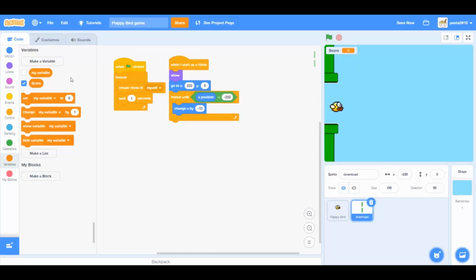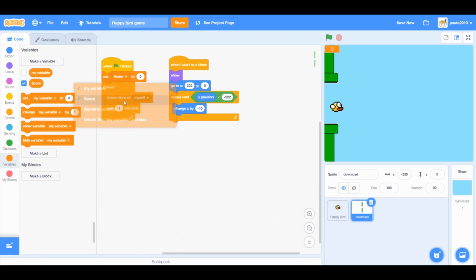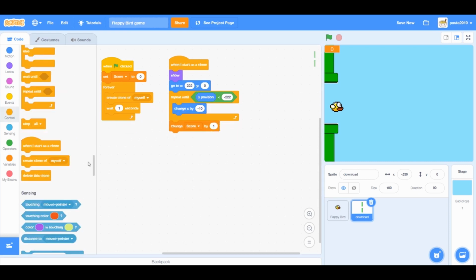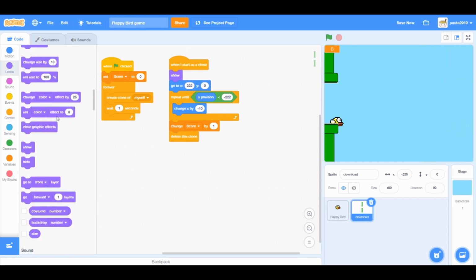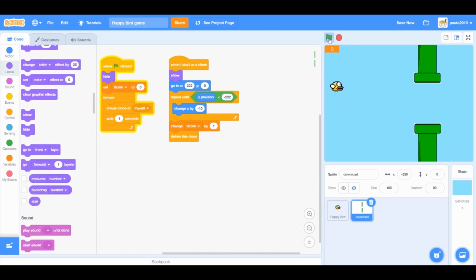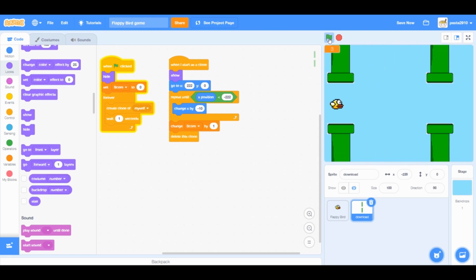Go to variables and make a new variable called score. You can do this, but it is not necessary. Right click on your variable and click on large readout. Hope you like it. Also, set score to 0 block under when flag clicked and change score by 1 block. You are going good,